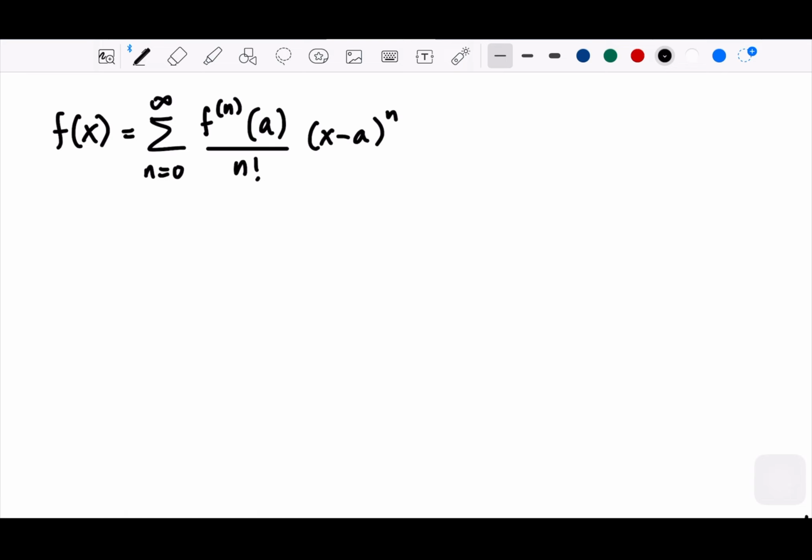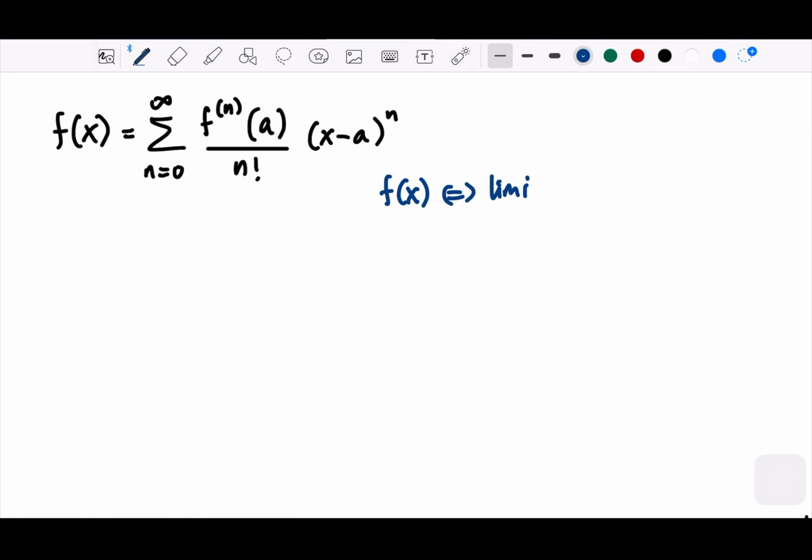That's the Taylor series, right? So to analyze how close the series is to the function, we are going to see f of x